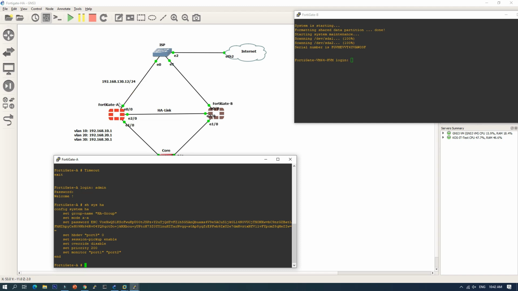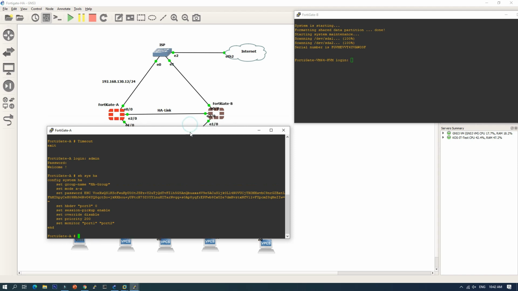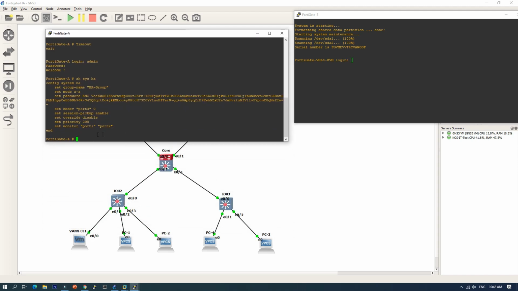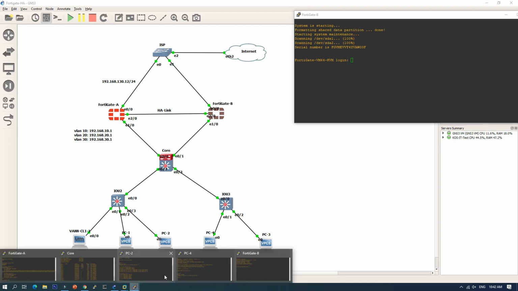The link is okay, FortiGate A is okay, and they talk to each other and exchange information, but FortiGate A does not become the master. So if you want FortiGate A to become the master, you need to configure this one to be enabled. Okay, let's see this option together. We will test it. Okay, so sorry.